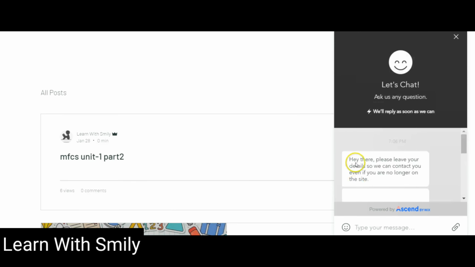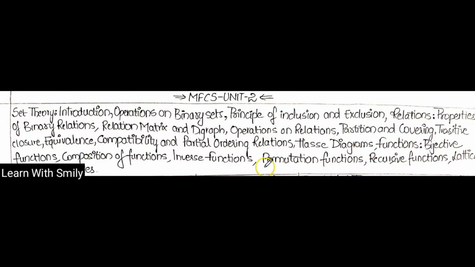Okay, so this is a software. Hi guys, in the previous video we learned about set theory and its subtopics, and in today's video we are going to learn about relations and the subtopics of relations. Please concentrate. It is very easy, but what matters is your concentration. So let's get started with relations.